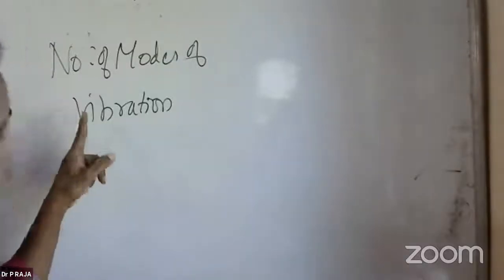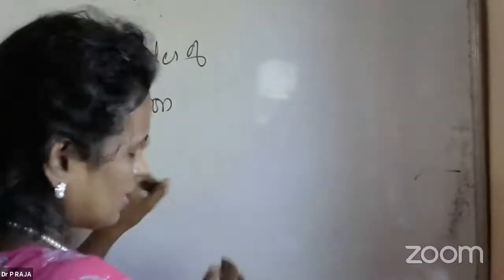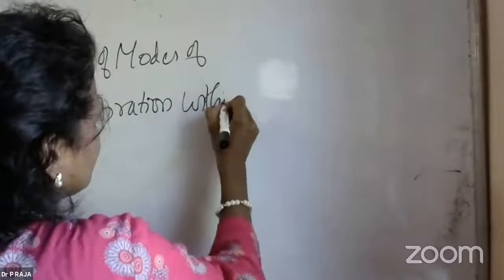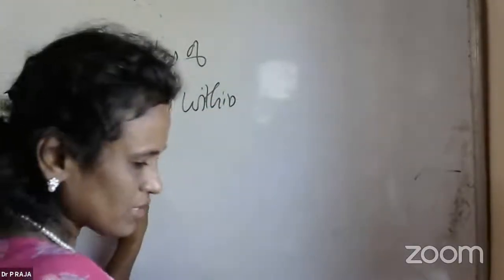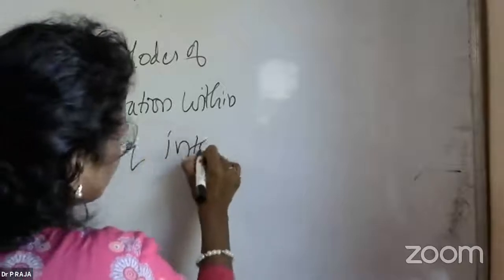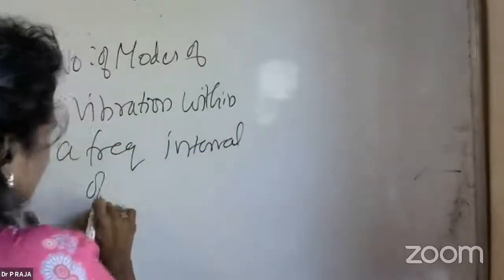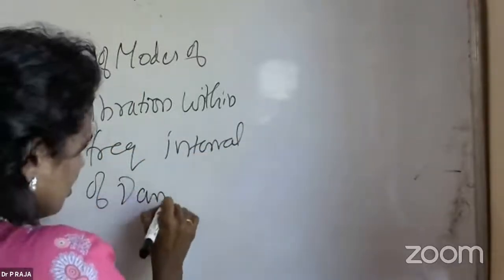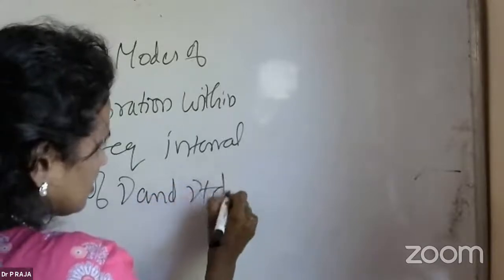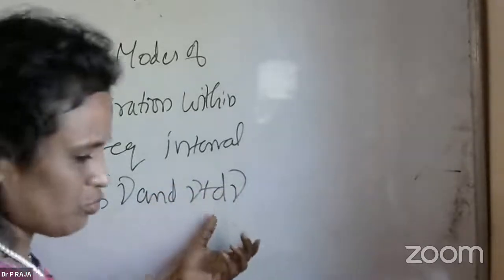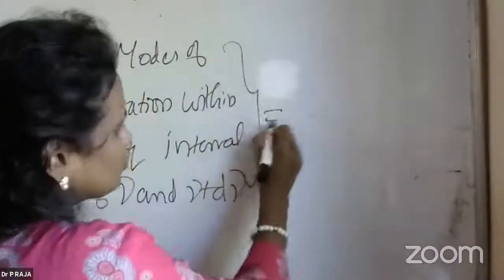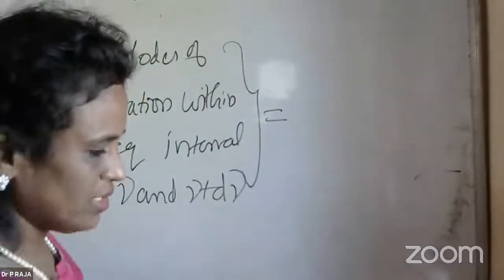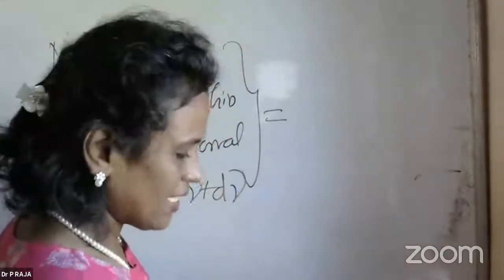So the number of modes of vibration within a frequency interval of nu and nu plus d nu, a small portion again being taken, is equal to the area